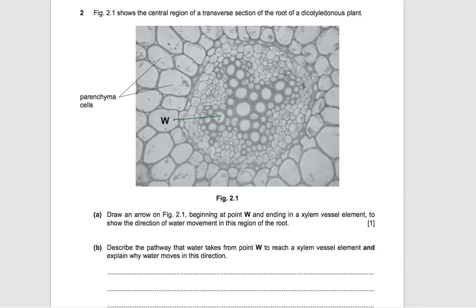once the Casparian strip is reached, so it has to diffuse into the endodermis via the symplastic route, which is to say water moving from cell to cell through plasmodesmata inside the cell membrane. So in this case, we would describe the symplastic flow through the cytoplasm via the plasmodesmata. So in the context of the parenchyma cell to the endodermal cells,